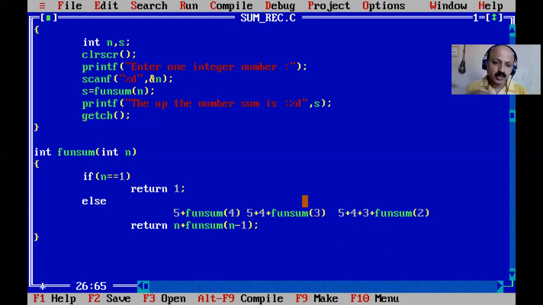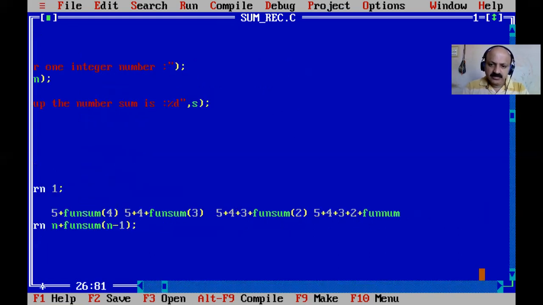Stack is an algorithm, push is insert, and pop means delete, come out of the memory. Last time it calls 5 plus 4 plus 3 plus 2, and then the function sum is called with 1.